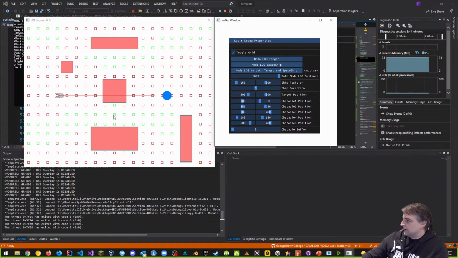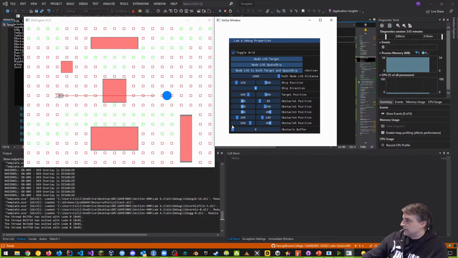I think we need to modify this color. We're going to come back here and modify this color in a second. So it's actually blue, or a bluish color, light blue. I think I missed that part. And that's okay, because we're going to fix that. But notice these green nodes for now are for both the Spaceship and the target. And all the reds are the places where either the target or the Spaceship is not visible. Okay.